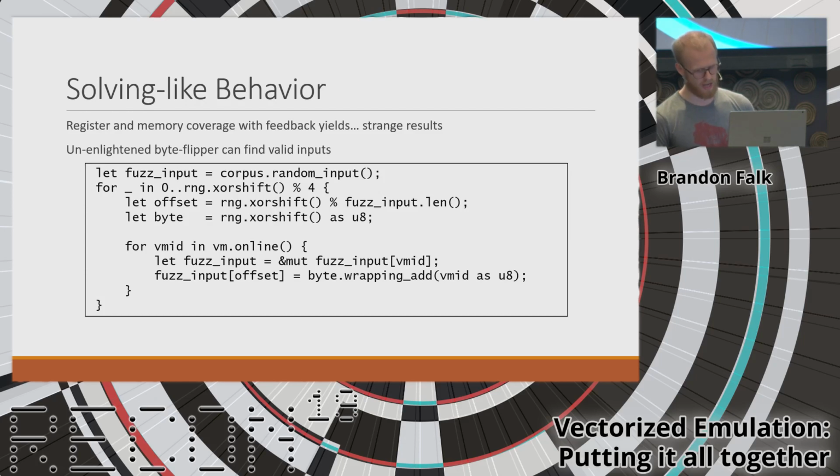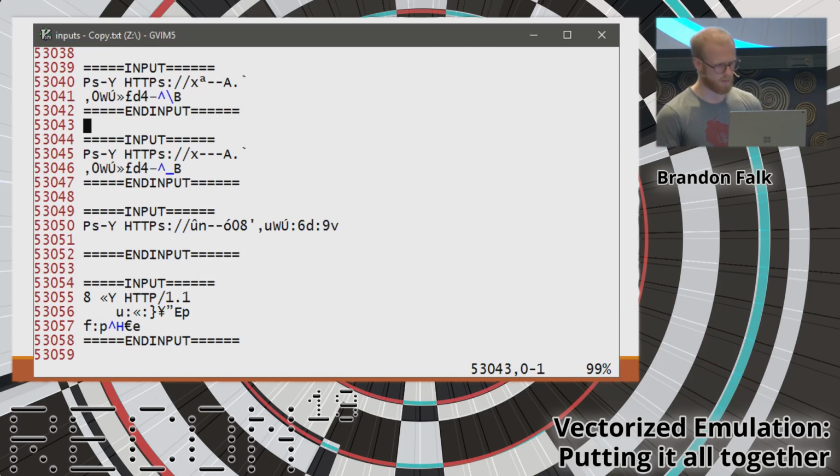And I pointed this at http.sys in the Windows kernel. And this is what I got after about 10 seconds of fuzzing, is I started getting strings like https://, I got an http/1.1. And while this looks like garbage, you have to remember that this was found without knowing that it is an HTTP parser. I didn't tell it to look for these strings. I didn't seed it with this information. It started with an empty corpus with completely nulled out inputs,